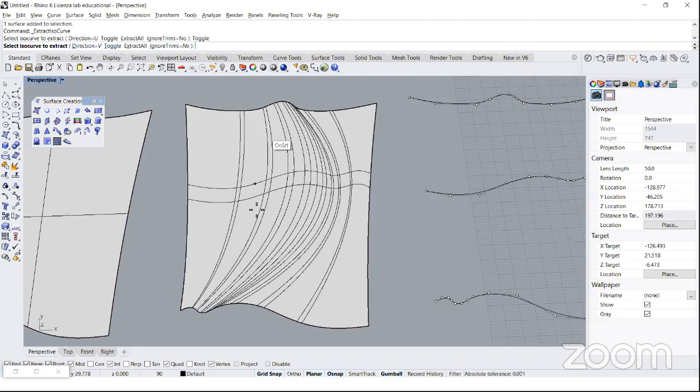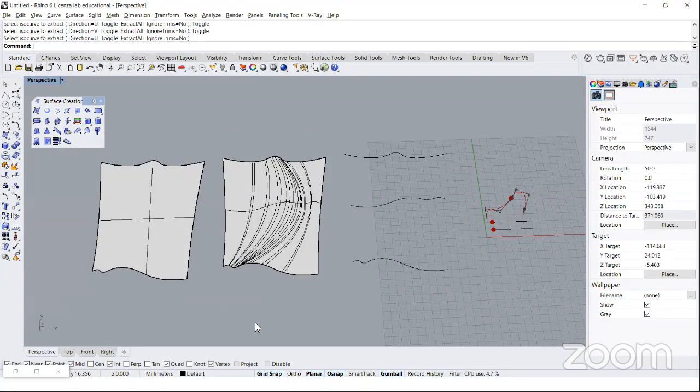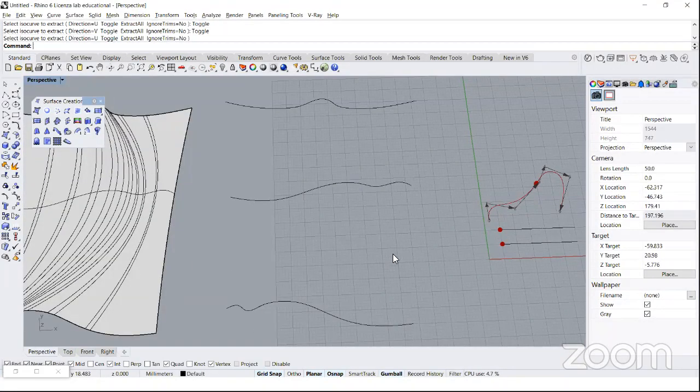If I switch to this, you see it is only a morphing between the first section, the second section, and the third section. But in the longitudinal direction, which is the U direction, you have this kind of weird behavior for your isocurve. So if you want to create, for example, some holes inside the surface, this topology is problematic because it is extremely irregular. So what you might want to do eventually is rebuild these lines,